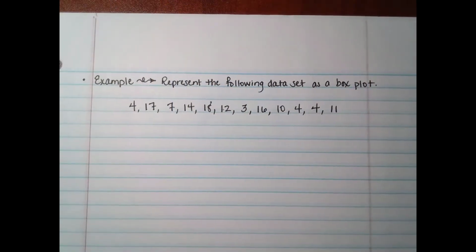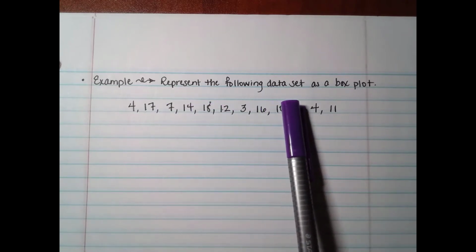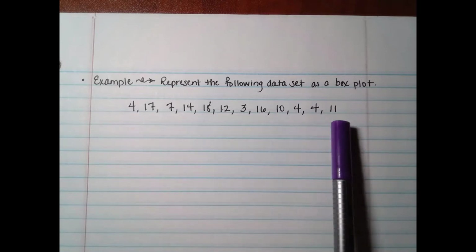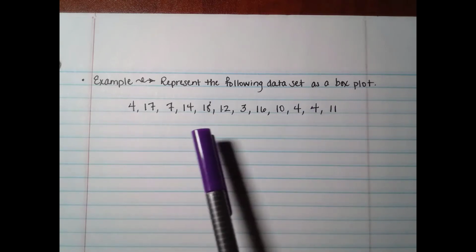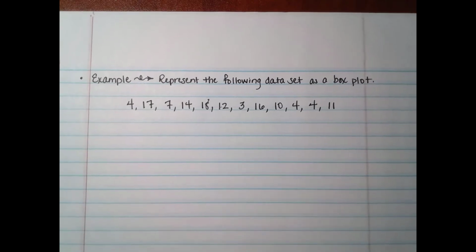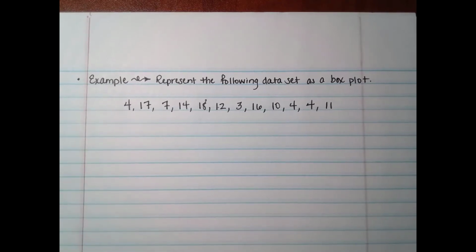So let's look at the following example. We're going to represent the following data set as a box plot. So this is a pretty long list of numbers, and we want a better way to represent it. So we're going to do that using a box plot. And the first step says that we have to calculate the 5-number summary, which is the minimum, the maximum, Q1, Q2, and Q3. So to do that, I have to put my numbers in order from least to greatest, which would be